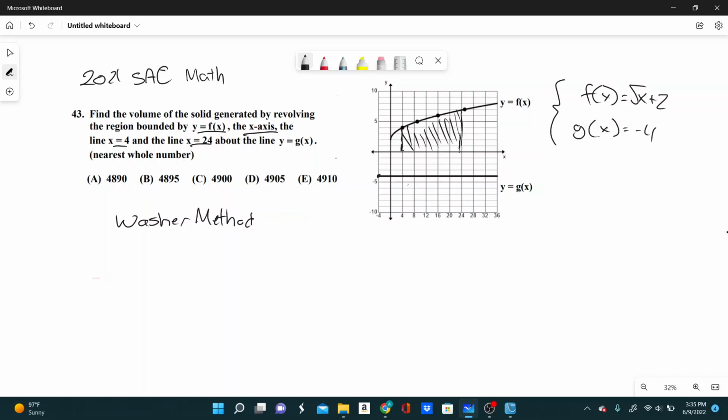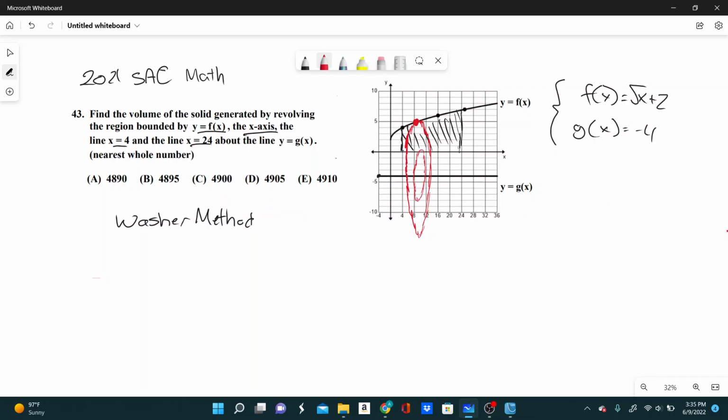And for each point here, I'm going to take this point for instance. If we rotate it around y equals g of x, we are going to get something that looks a little bit like a washer. I'm doing my best 3D representation here. So that's the inside circle, but you also have to remember that there's this region that we're rotating that isn't actually included in the shaded area. And that starts right here. So this is where you get the washer from,